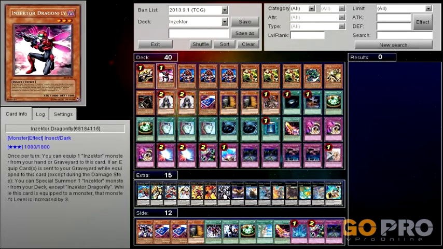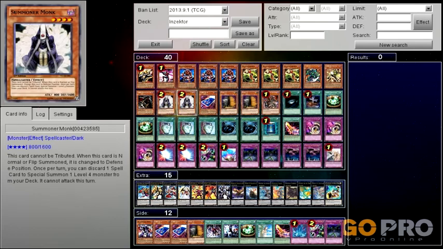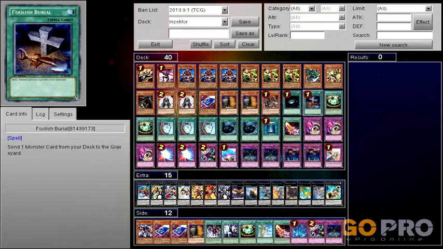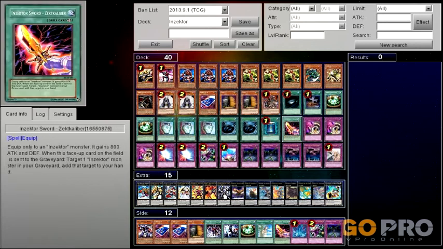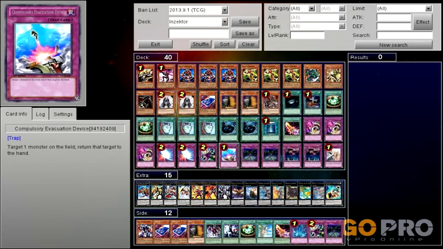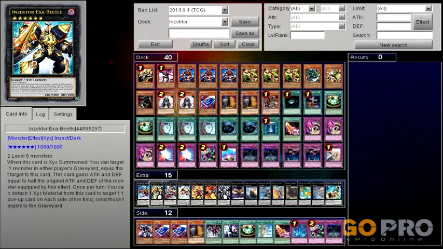There's 1 Hornet, 1 Dragonfly, triple Centipede, triple Ladybug, 1 Gigamantis, 1 Hopper, 1 Armageddon Knight, double Summoner Monk, 1 Card D, double Maxi, 1 Dark Arm Dragon, 1 Dark Hole, 1 Foolish Burial, double Insect Limitation, triple Pawn of Duality, double MST, 1 Book of the Moon, 1 Inzektor Zectocaliber, triple Threatening Roar, double Mirror Force, 1 Dimensional Prison, 1 Evac Device, double Fiendish Chain, double Call the Haunted, 1 Solemn Warning, 1 Gaia Dragon, the Thunder Charger,